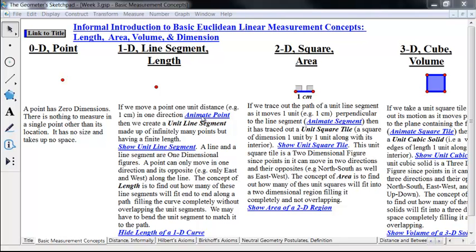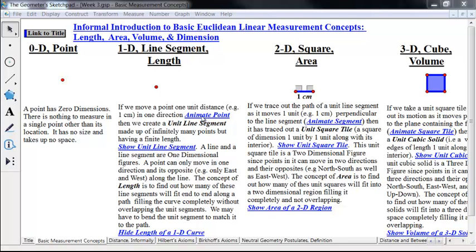So if we start with a point, we want to think of a point as just a location only. It has no size or shape or anything to it. It doesn't even take up any space at all. So right away, when we look at geometry and we're representing a point by a dot, we're automatically misrepresenting things, really, because the dot takes up some space. But of course, if we only had a point there, we couldn't see it, so that would be no good for